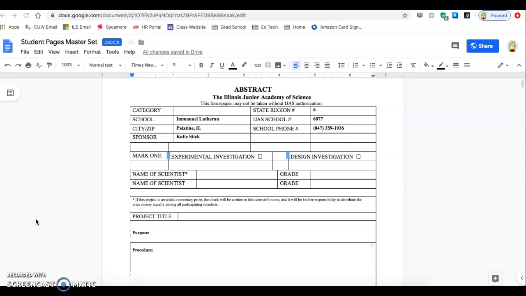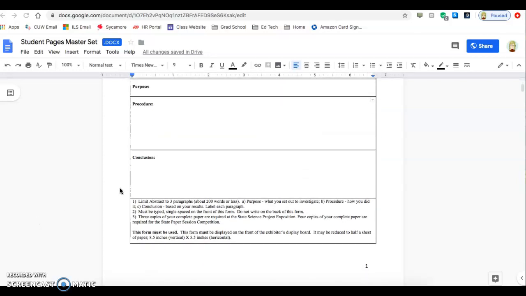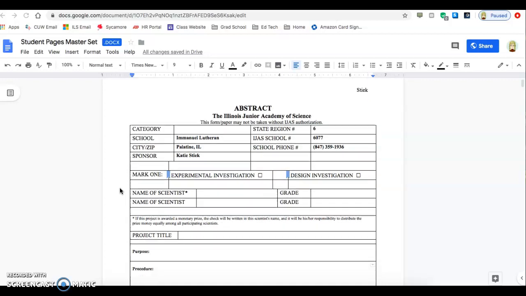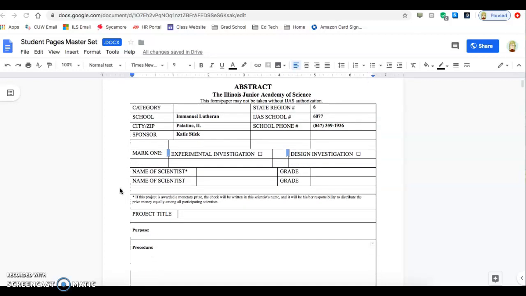The purpose of this video is to walk you through the abstract component of your science fair logbook. The abstract can be found on page 1 of your science fair logbook. This is the very first thing that you see when you open it up. Now the abstract has a lot of parts and pieces to it, so make sure that you listen to this whole video, listen all the way through, and pay close attention to how to complete each of the steps along